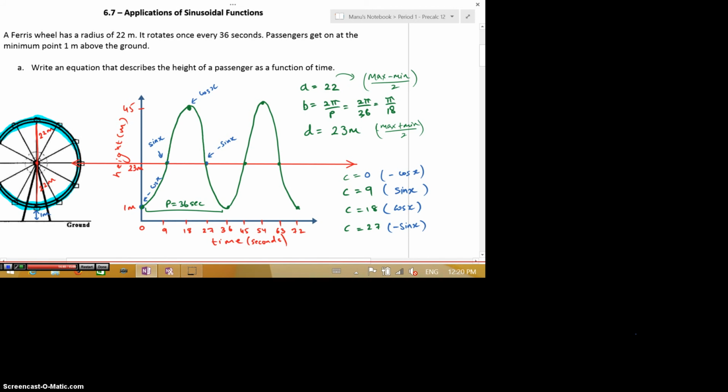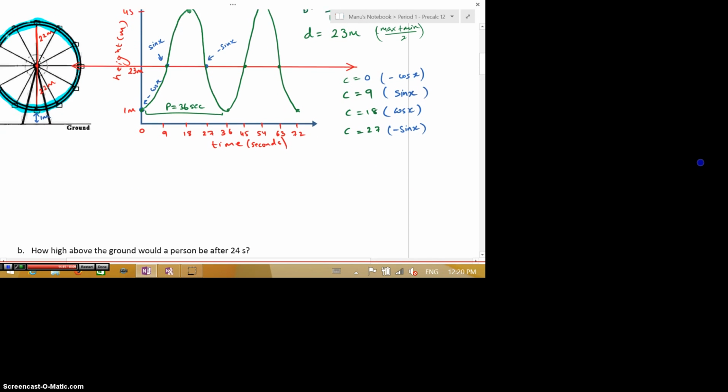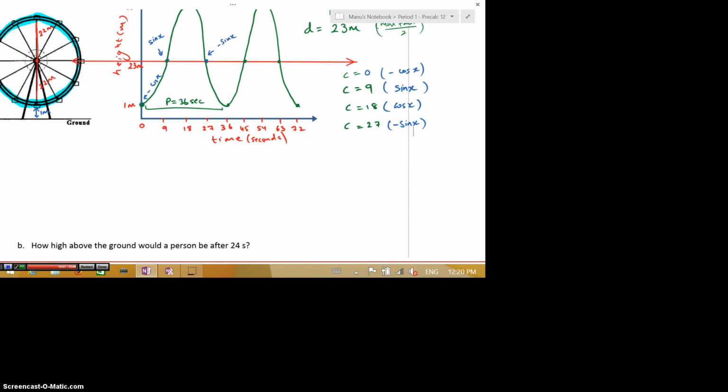So your phase shift is going to determine what kind of equation you're going to write. So let's pick one, or we can write all 4 of them. So let's start off with the first one. Say we have a phase shift of 0. So one of the equations we'll get as a result is height as a function of time equals negative 22